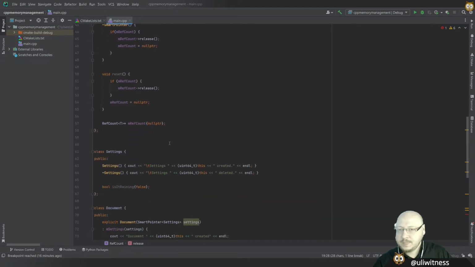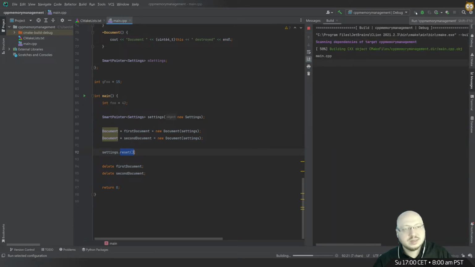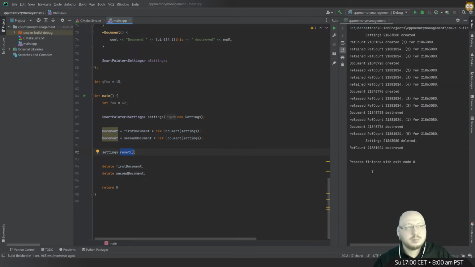All right, so this should basically be the same. We're creating a new settings here, and here we need to change it to reset. I don't like the name reset, but that's what shared pointer, so the standard C++ class, calls it. So that's why I'm using the same name. So if you see it on shared pointer, you'll know, oh, that's the one that clears it out. So now we should be able to just run this, and if I did it right, not much should have